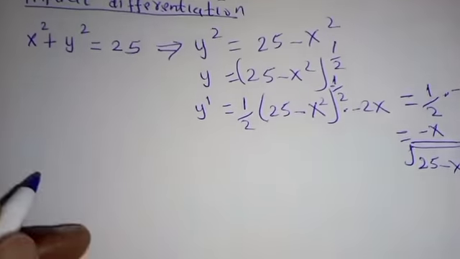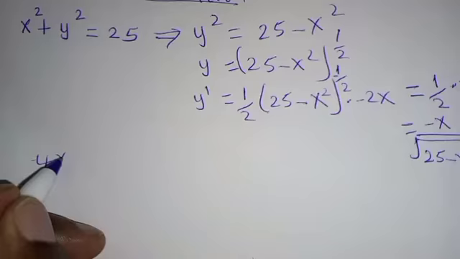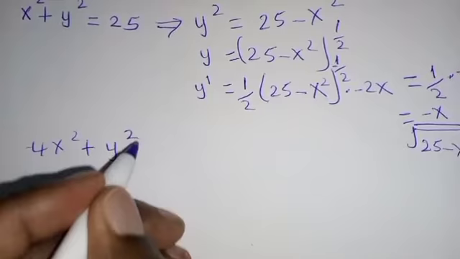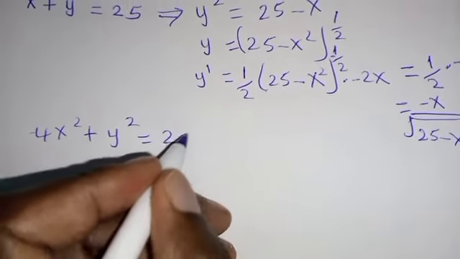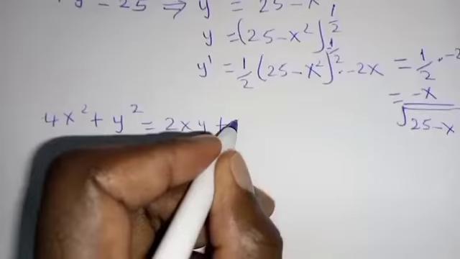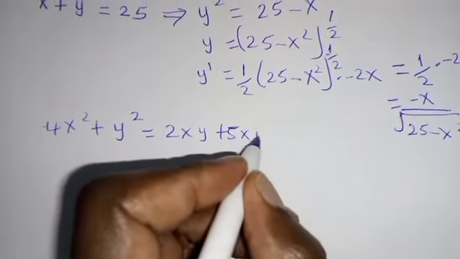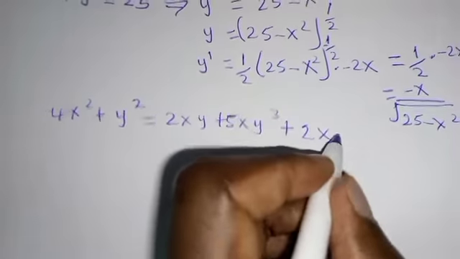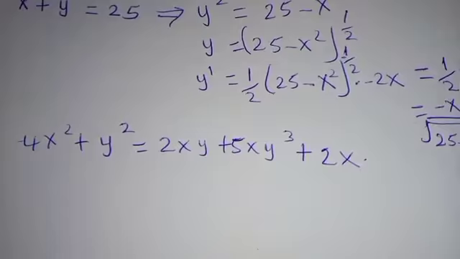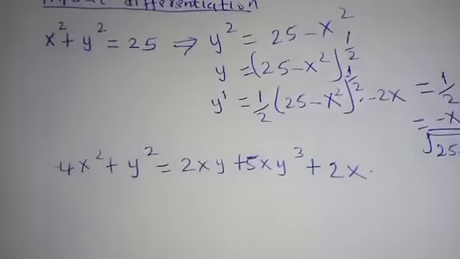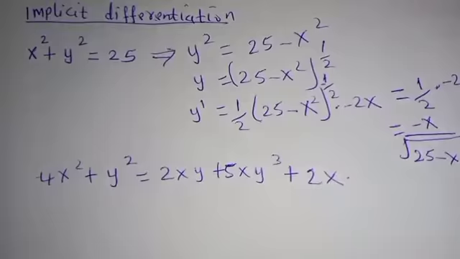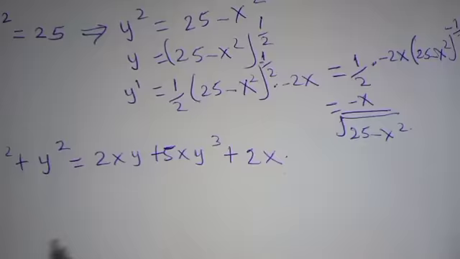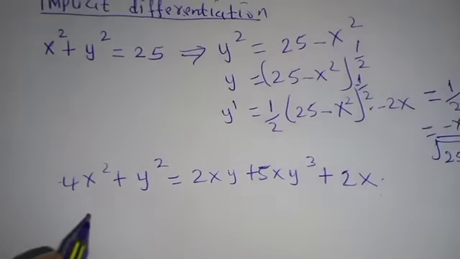For example, if you have 4x squared plus y squared is equal to 2xy plus 5xy cubic plus 2x. In this scenario, it is not easy. Actually, it is not even possible to make y the subject of the formula. A case like this, that is where now we require the implicit differentiation. So implicit differentiation